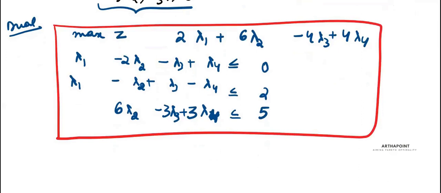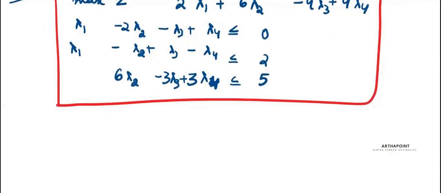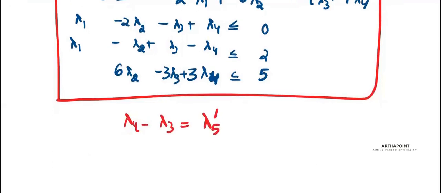Okay. Now, there is another thing that you can go ahead and do here. You could have also said, because you are able to see that lambda 3 minus lambda 4 is coming common, so you can say let lambda 3 minus lambda 4, or lambda 4 minus lambda 3, whatever you want to take common. Let lambda 4 minus lambda 3 be lambda 5 dash, or lambda 3 dash, something like this. So if you do that, then your equations can be rewritten as lambda 1 minus 2